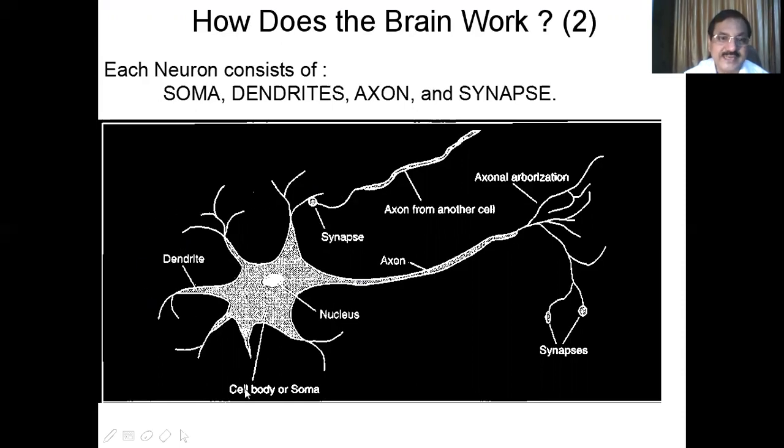This bigger part is termed the head of the neuron, here is the tail of the neuron, and this one is the body of the neuron. The head of the neuron has one nucleus. This is the nucleus. Then the connecting part, the dendrites, and here the cell body is the soma, which connects with